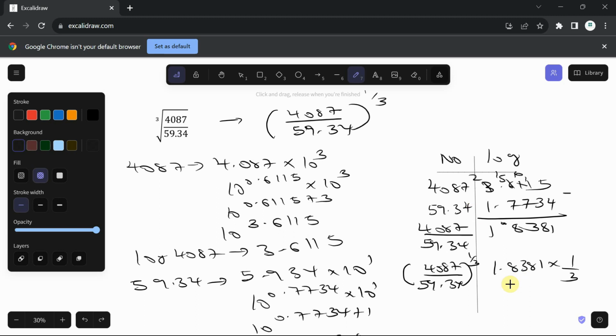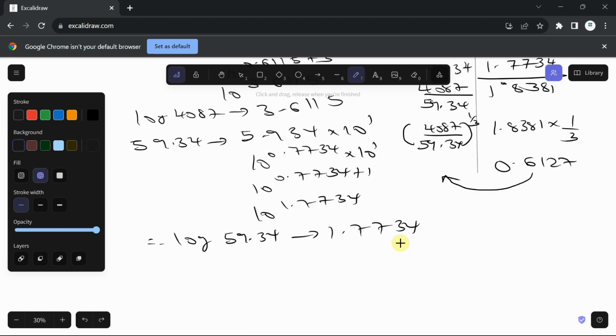What are you going to have? You're going to have 0.6127, right? So is this 0.6127, which is the log of everything? I will now convert to a number to know what this is going to give me. So let's convert 0.6127. To find the antilog of this, we'll say 10 raised to the power of